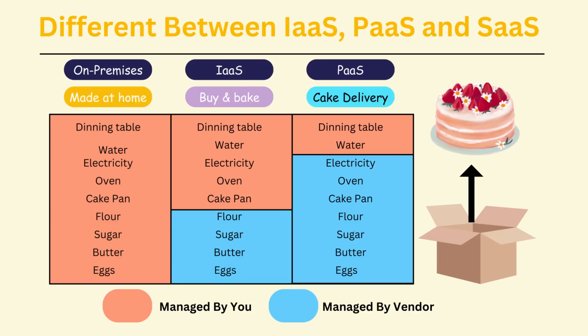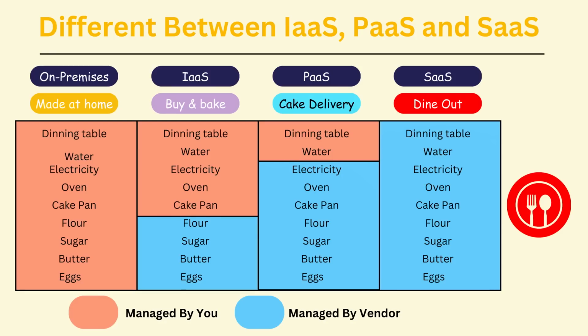The other option you still have on hand is to simply pick up a phone and order a cake. Now, this is a lot simpler than the rest we discussed so far. It's simply picking up the phone, ordering the cake, and paying for it when it arrives. Simple. And when it reaches home, you will have to arrange the table, garnish the cake if needed, and then enjoy the cake. It's the same way with PaaS. Just get the platform in which you would run your code, upload your code, and start running your application. Here you and the vendor still share the responsibility.